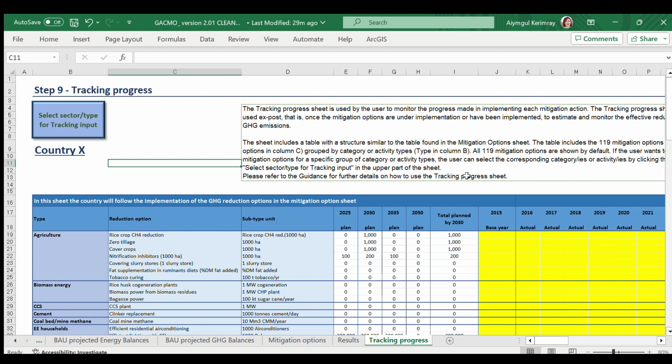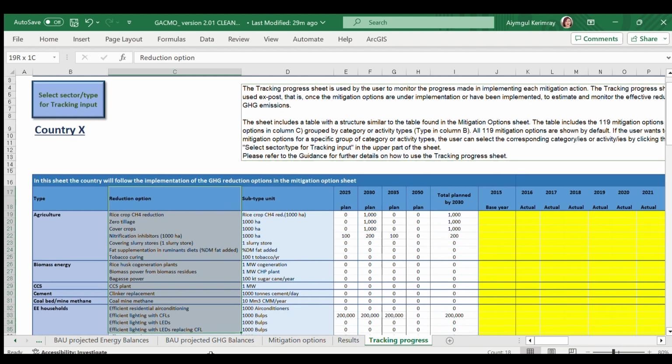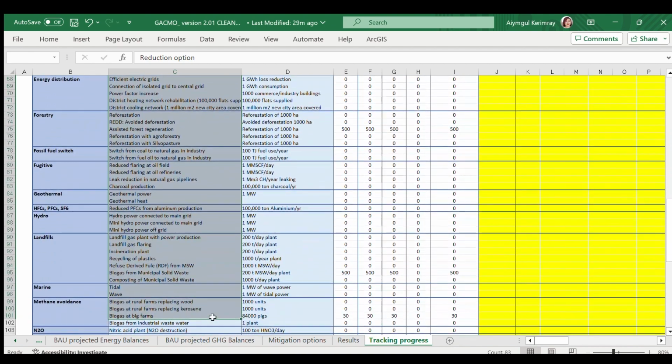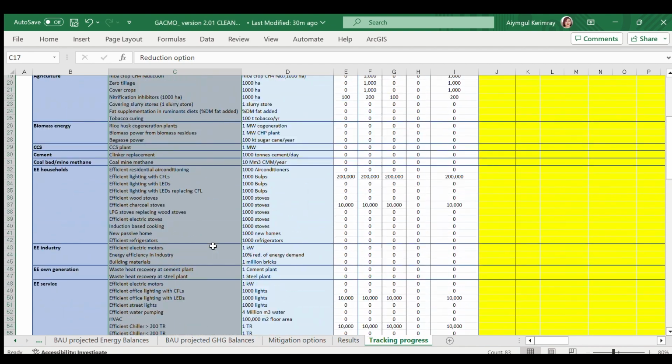The final sheet in the GASMO tool is called Tracking Progress. In this sheet, the user can monitor the progress made in implementing each mitigation action. This table presents the same 119 mitigation options available in the Step 7 mitigation options.